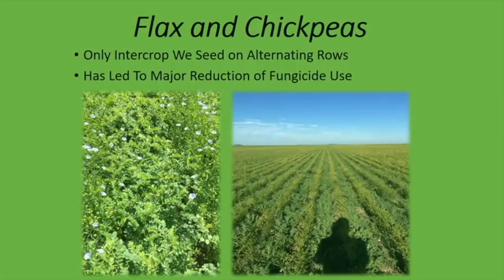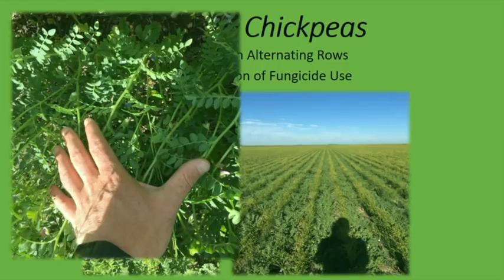So yeah, I guess quickly here again, what they look like. This is a distance shot, but we grow both a Desi type and a Kabuli type, 2 different kinds. The Desis are more disease resistant, but they have 2 different markets, so it's a little bit about market